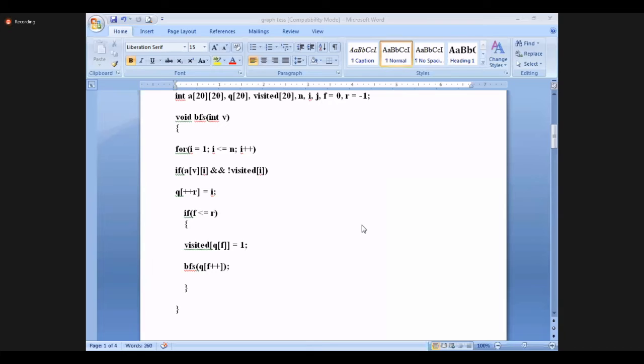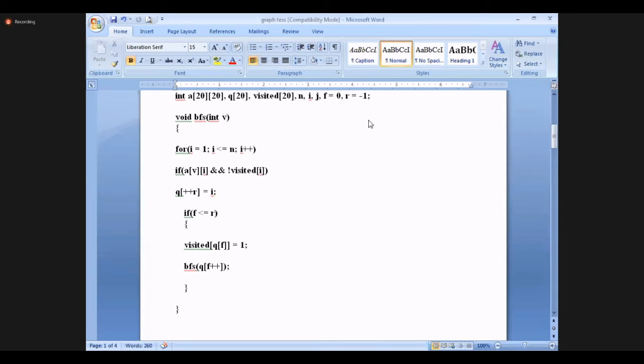So immediately this will be marked, and each and every node will be visited one by one, and it will check whether it is visited or not. If it is not visited, by increasing this F value, F is equal to 1, 2, 3, that column will be visited, and this V will be changed. Then automatically the BFS function will be called for the first row, second, third, fourth.